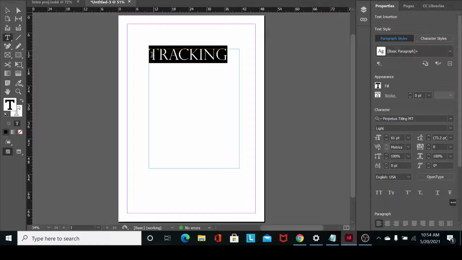So for tracking, let's use this for an example. Actually, we're going to keep the stroke the same, but for tracking it's going to be this right here where you see the VA. This is the adjustment. So let's say we wanted to make it more spacious, that would be tracking positively. But if we want to do it negatively, if we want to make it look more compact,